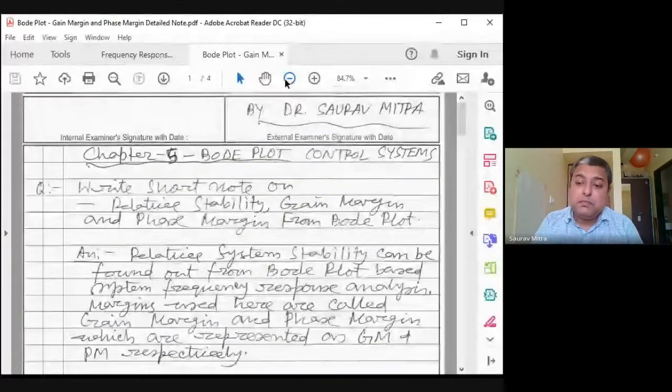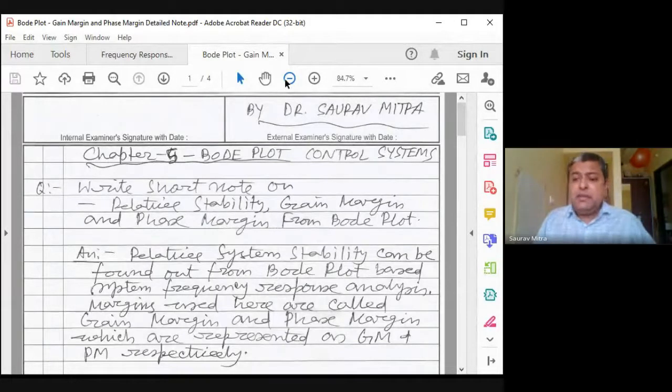If it is a pole, it is minus, attenuation. If it is a zero, it is plus, that is gain. If I say there are 3 zeros, how much will be the gain? 3 into 20, that is 60 dB per decade. If there are 2 poles, how much will be the attenuation? 2 into 20, that is minus 40 dB per decade. So a single pole gives you 20 dB per decade attenuation. A single zero gives you 20 dB per decade gain. How does it look? I will show you.